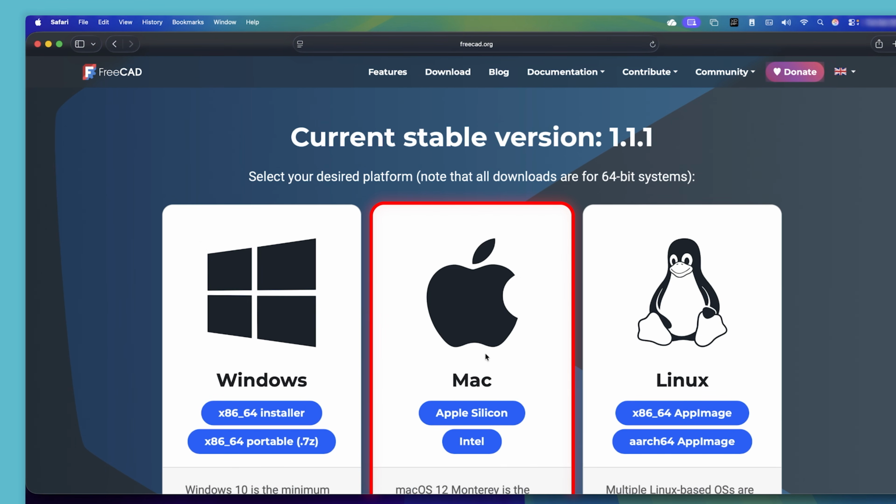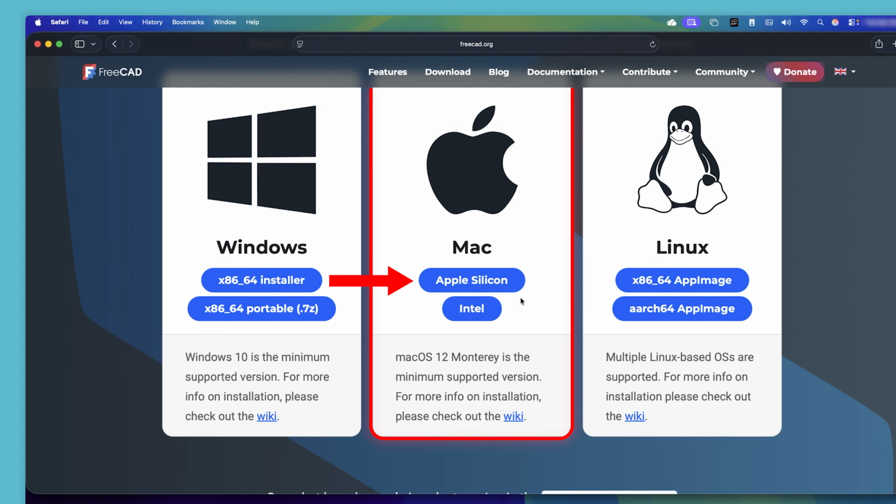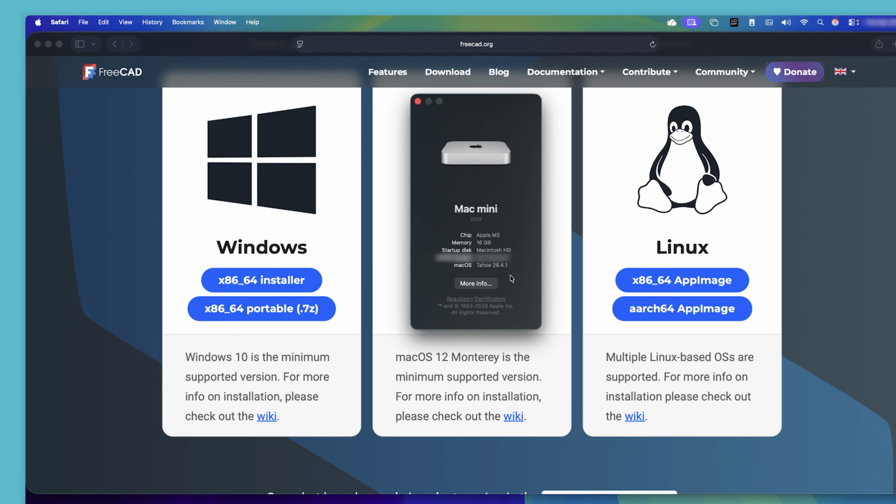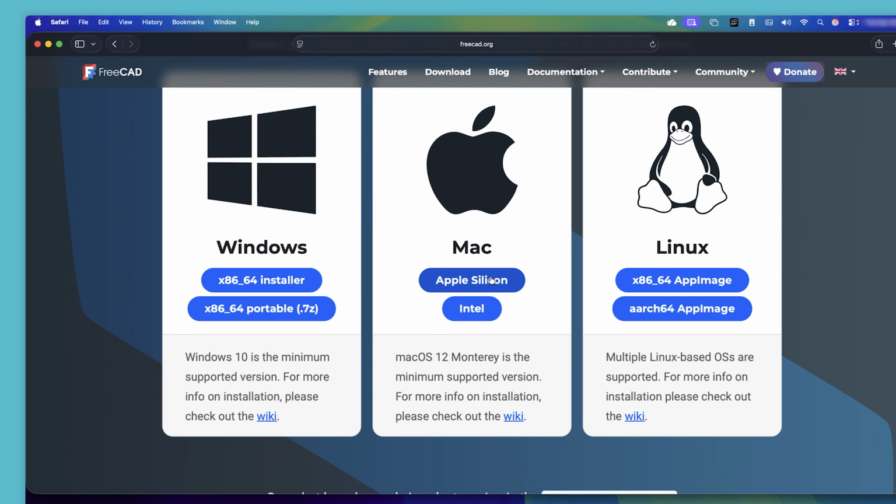Now here in macOS, you need to select Apple Silicon if you are using an M series processor. If you are not sure which series or what processor you are using, simply go here on the top and click on About This Mac. And then here you will see your chip name. In my case, it says Apple M2, which is Apple Silicon. So let's click on it